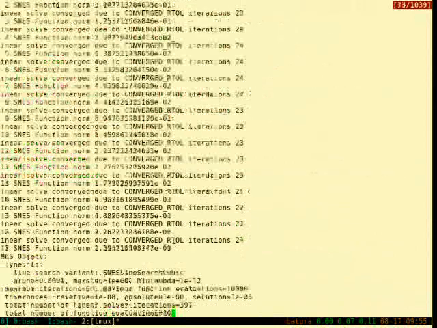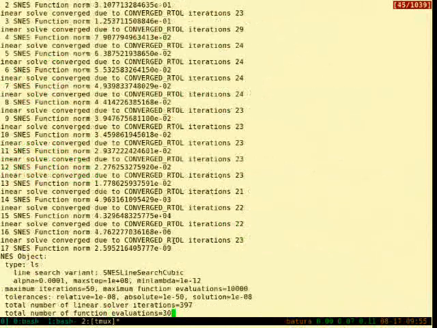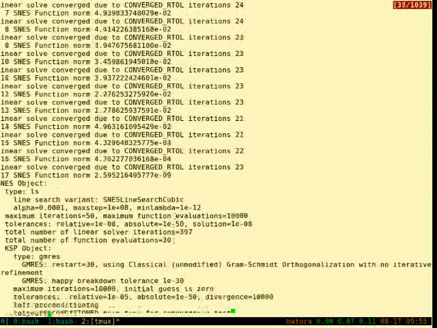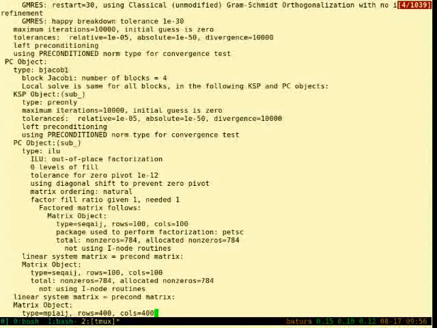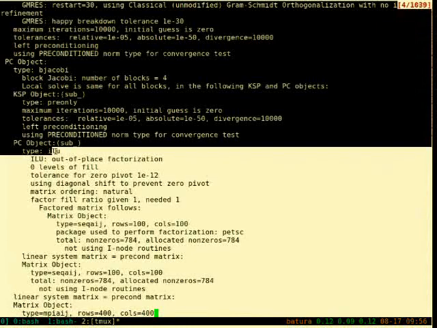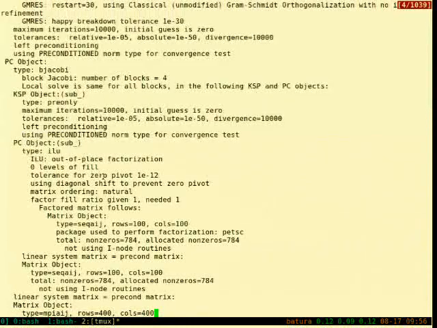We can see the number of iterations and such things here. And this was running in parallel, so we're using block Jacobi to manage the parallel decomposition here. And then the preconditioner inside of each of the blocks, the subdomain solver here, is an incomplete LU. We see the parameters for that and the size of that. Because we ran on 4 processes, the size of that is 100 by 100, and so each process has one of these things.